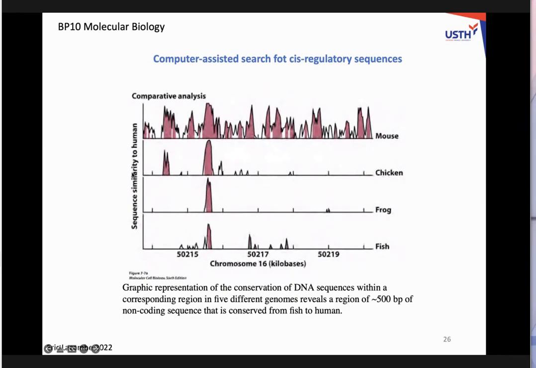If you calculate, it's something like only 10% identity or something like that. But what we found, this is the pink peaks, is that there are some very short sequences, look at the scale, that are extremely well conserved among different types of